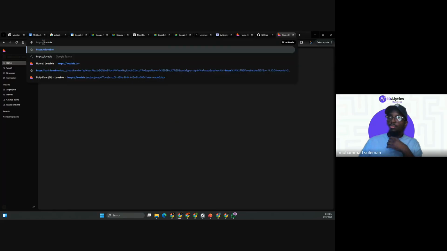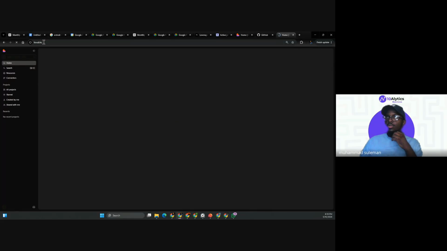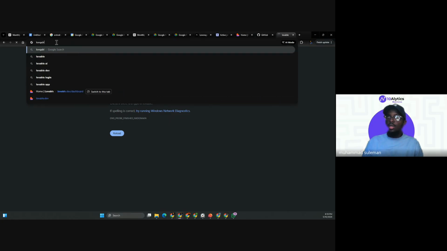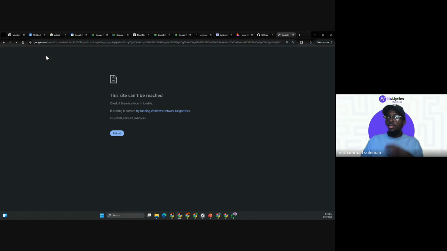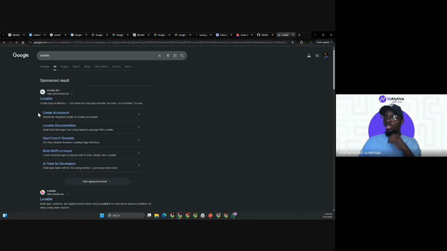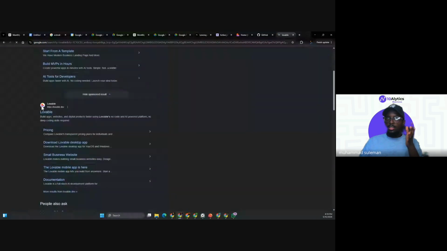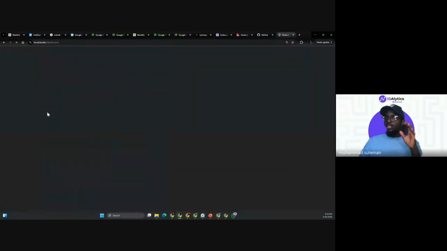Search Lovable, and it should bring you to something like this, where you see this red heart logo. You click on Lovable, and it should take you to